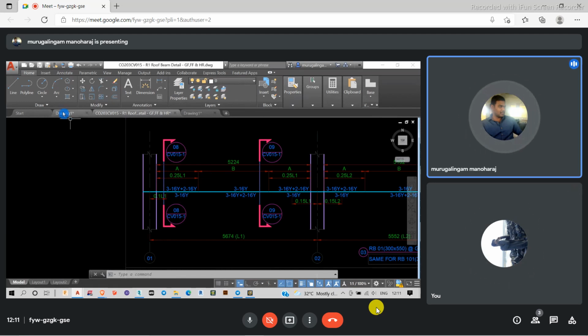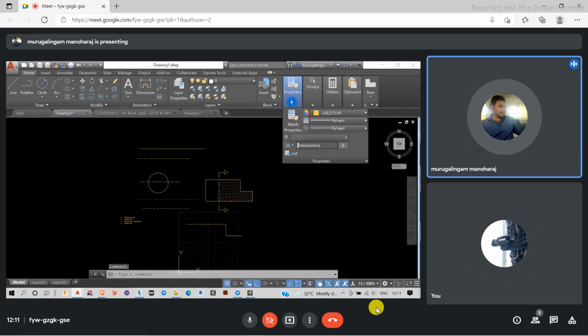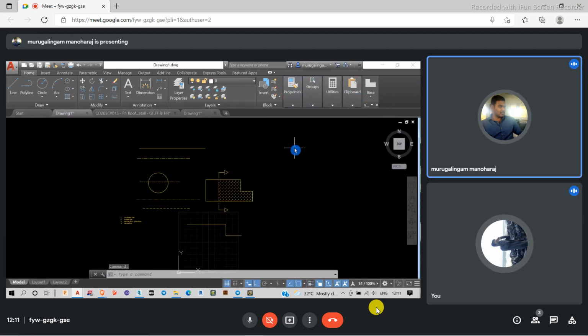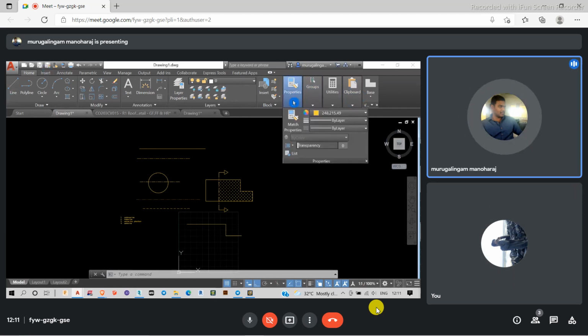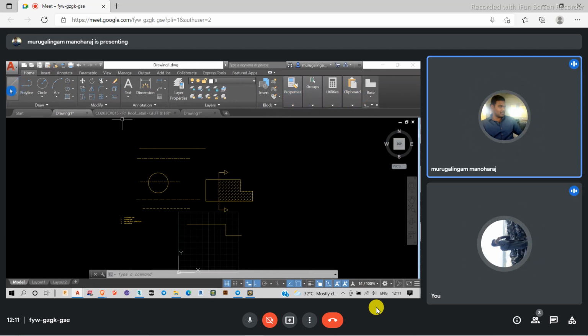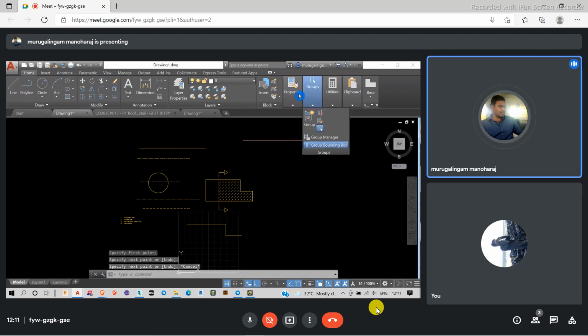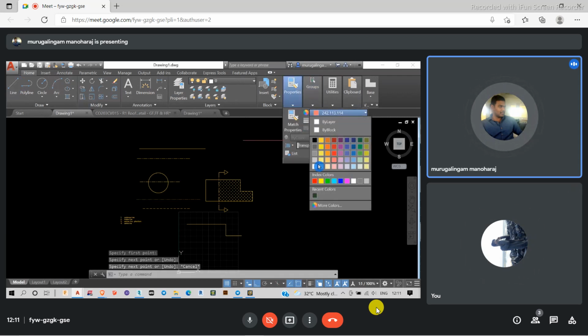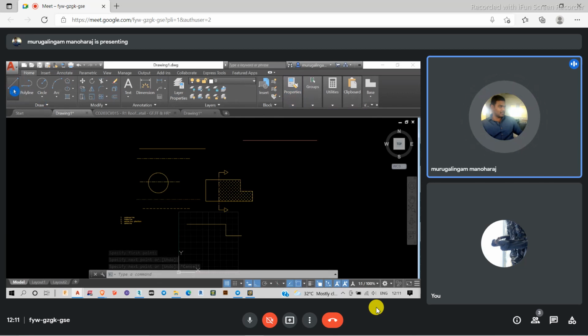For each case, I can't come to my properties options and change it every single time. It's not possible. For example, suppose I want to draw in a blue color, I'm just coming here and drawing. Then if I want to change a line here, I have to come here and change the colors. It's not going to work like this. It will take a lot of time.